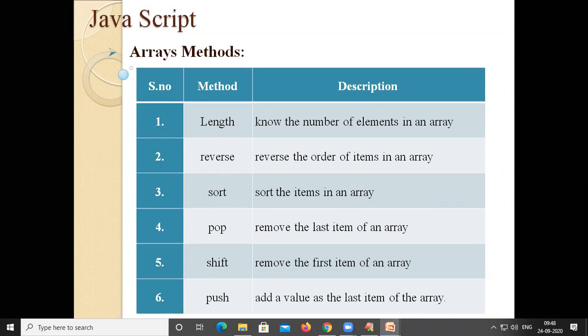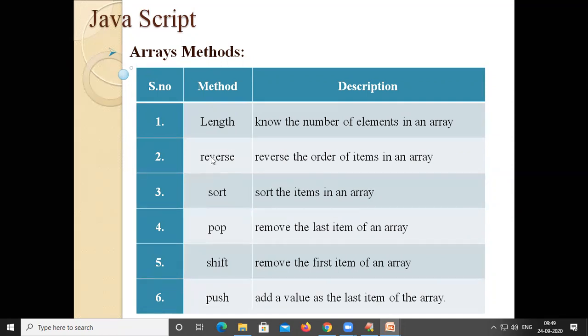So these are the methods we can use on arrays in JavaScript. There are many more methods. Here I have represented only 6 methods. By using these 6 methods, for example, if I want to find the length, in the sense of how many elements are present in the array, I can use the length method.